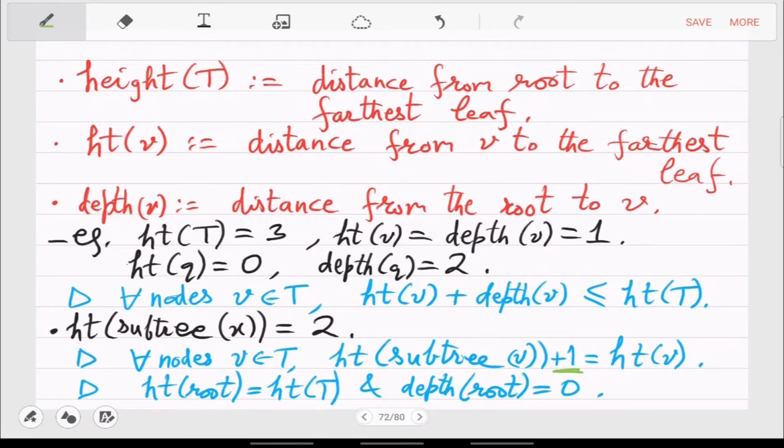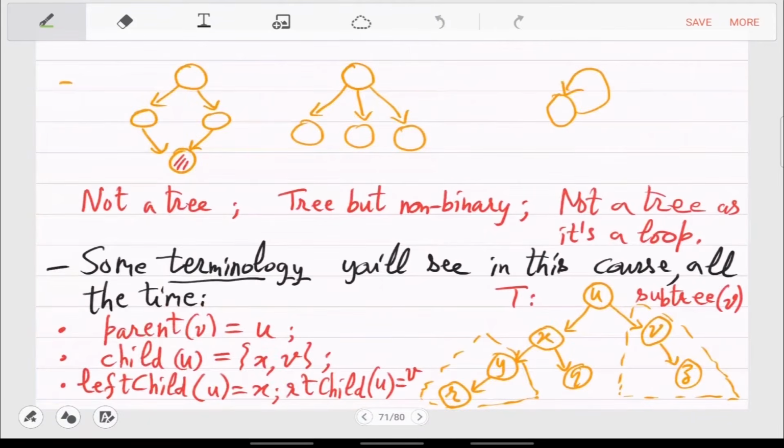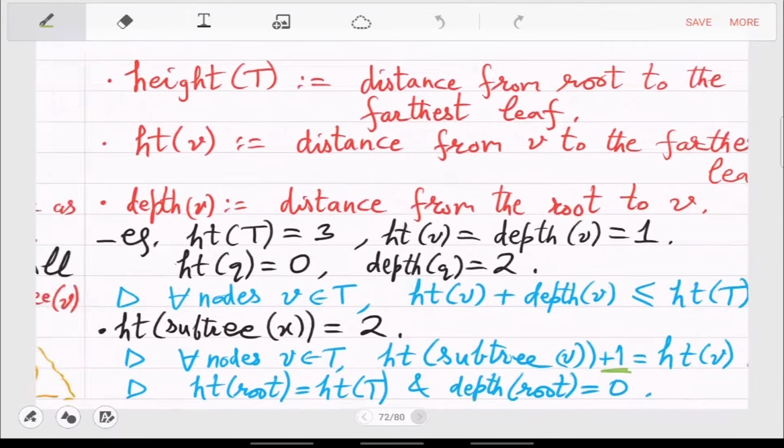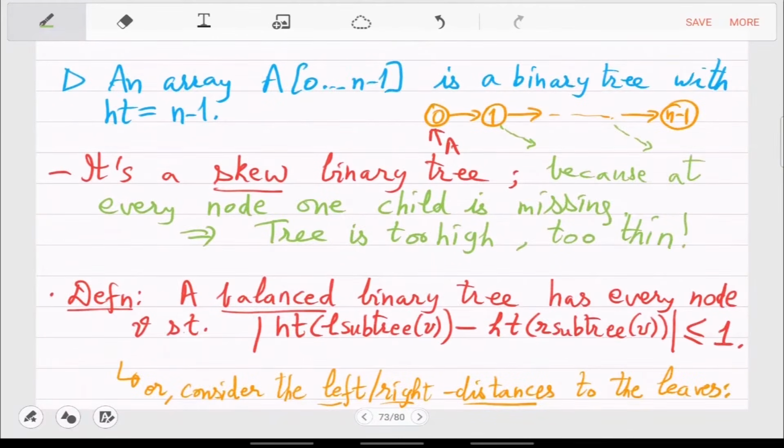The subtree at V was defined where? Yeah, so okay, no, so this should not be plus 1 then. That's fine. So height of V is the same as height of the subtree. Okay, so this is all done.